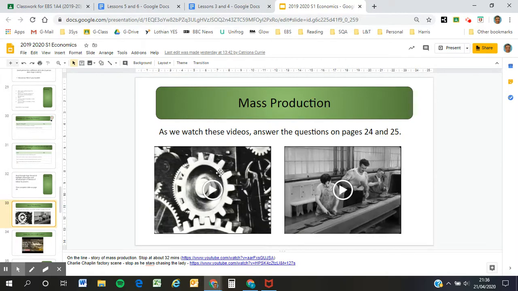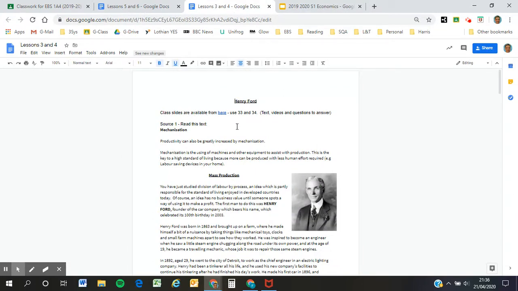You don't need to watch it all first off. It's split into 2 sections, and there's a little comedy with Charlie Chaplin. There is no sound, it is a silent movie. So what we can see here is we need to read some text. You can read all about this.